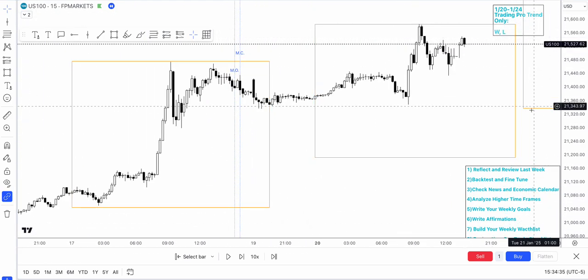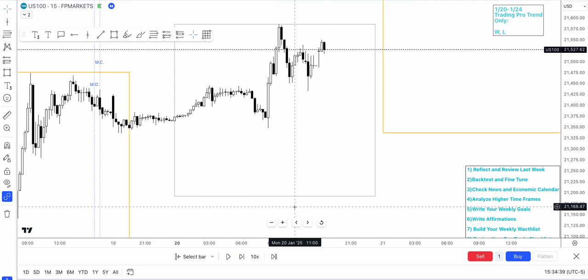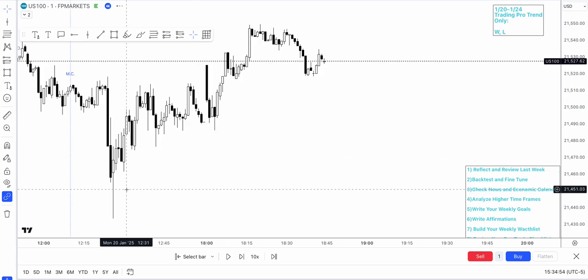As I said, I'm trying to trade the pro-trend only and see how that win percentage is. I know I'm going to drop a longer backtesting video, going back a few weeks and doing a few weeks at a time when I'm backtesting this strategy or this way, and see what those results are. But I've been sick for the last few days, so I'll probably try to do it within the next few days or whenever I'm feeling better. But for now, looking at Monday,